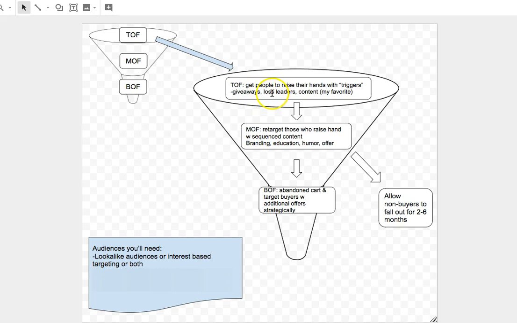You could also use the lost leaders trigger. A lost leader is a product in your portfolio that is inexpensive and doesn't cost a lot of money. It's something that you could either give away for free or sell for a very low amount, and maybe tack on shipping costs to help recoup your costs. And you either sell it at a small loss or at a break-even price